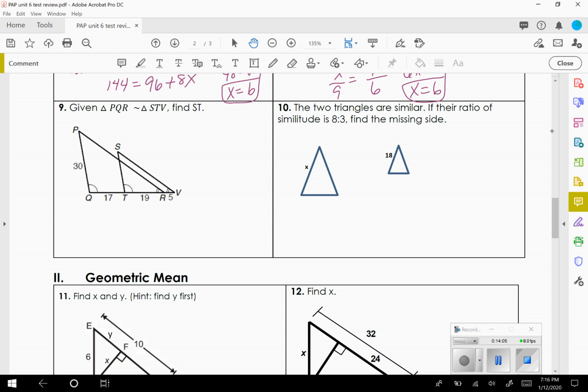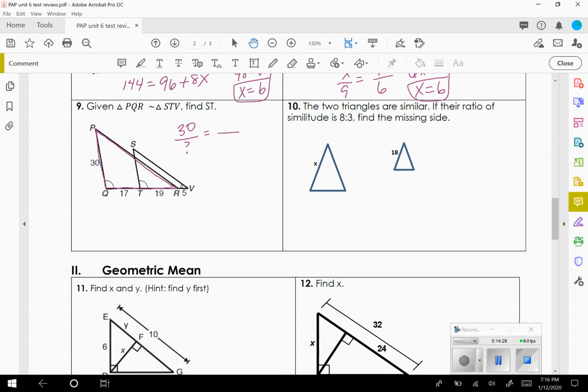Okay, PQR is right here. So we have 30, this top part here, and that's comparing to ST. Okay, so this is our question mark. And then now we have to use the bottom sides. If you look carefully here,